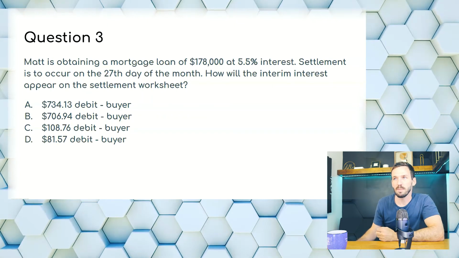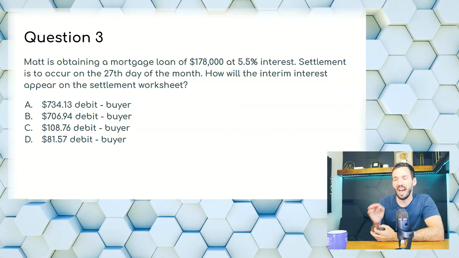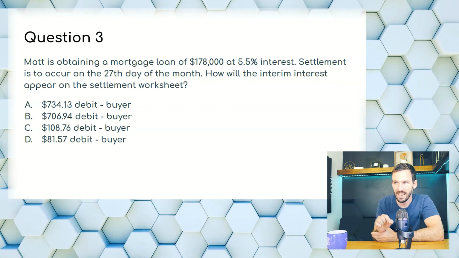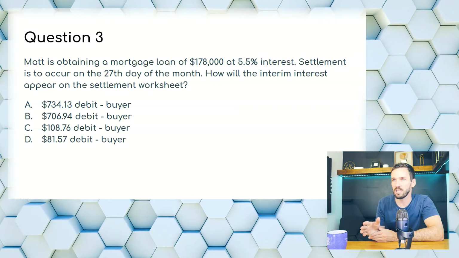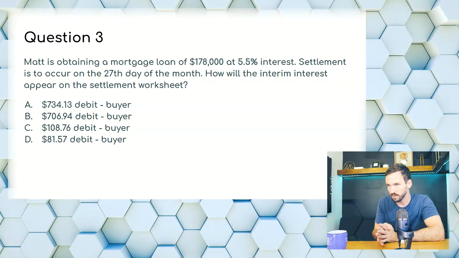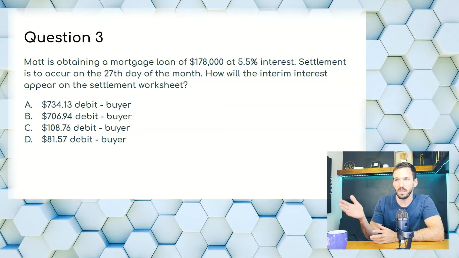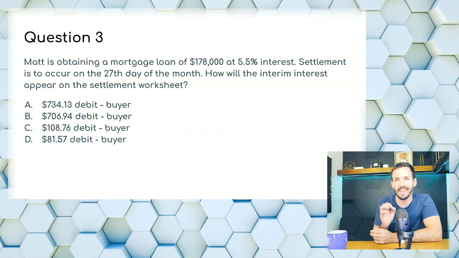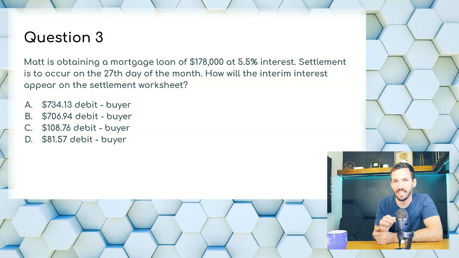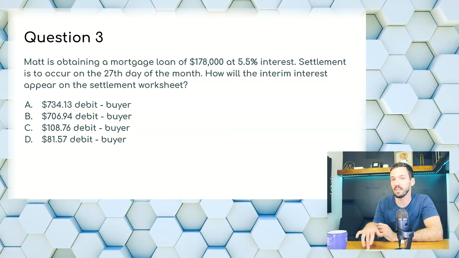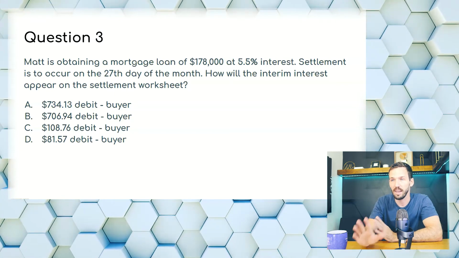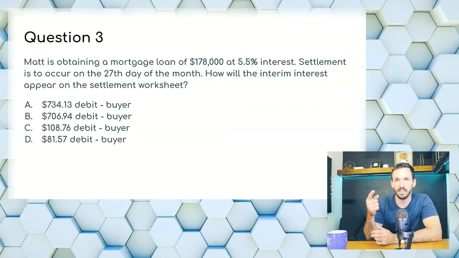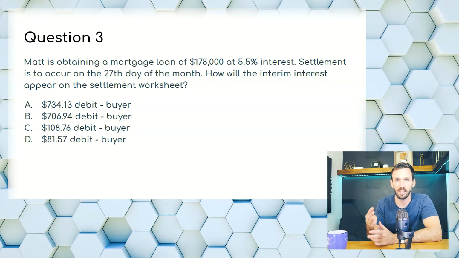Question 3. Matt is obtaining a mortgage loan of $178,000 at 5.5% interest. Settlement is to occur on the 27th day of the month. How will the interim interest appear in the settlement worksheet? Debits for buyers are on all of these, right? So it's coming from the buyer. So 30 days in a month minus 27 is 4 days because you also count the day that it's on in this case. And remember, there's 30 days in a month in real estate. So you have 27, the 27th, the 28th, 29th, 30th. 4 days,